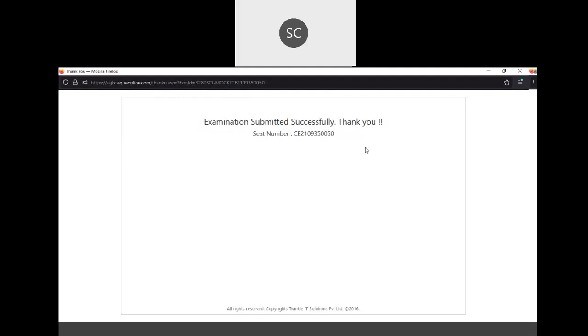And this unit test marks are very necessary because you already know there is a 70-30 pattern. So 30 marks will come from your unit test 1 and 2. So you have to be very careful and you have to compulsorily attempt it. All the students, those who are not that regular, it is for them. For this unit test, you have to be compulsorily present. Otherwise, you will lose your marks. It is very important.